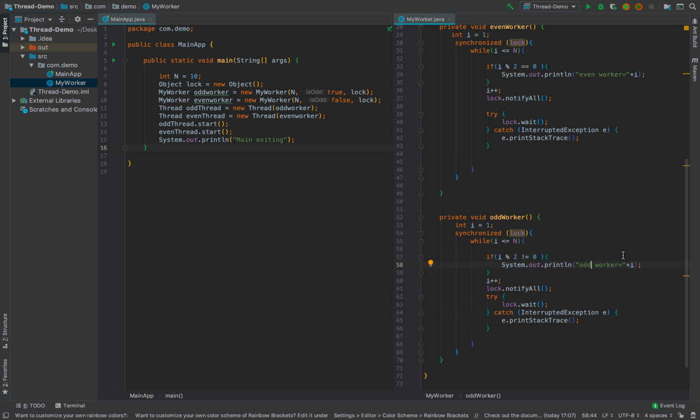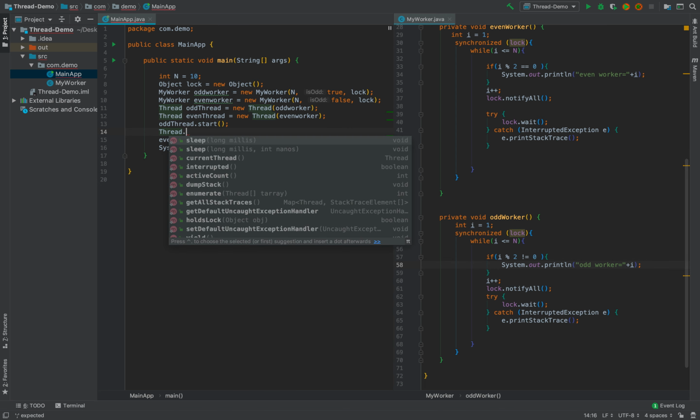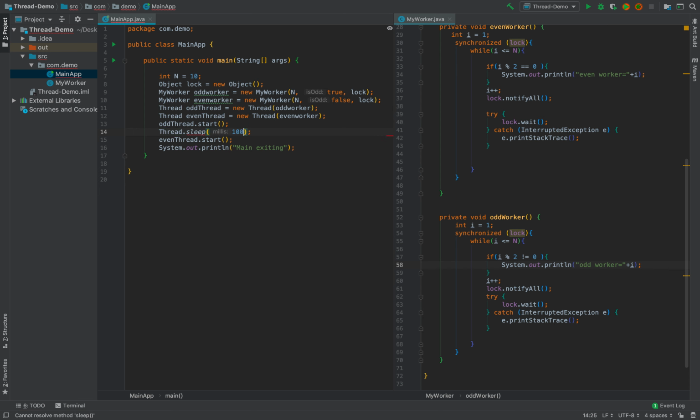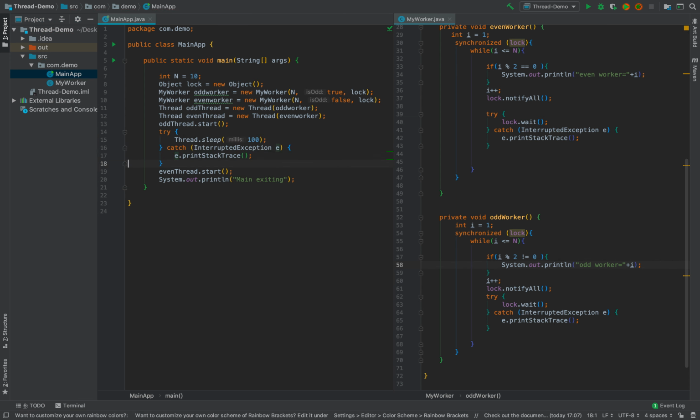And since it's an odd worker, there are two things I can do. Since I am starting the thread here, I can give a little bit of delay, because these things do not work in the same order as they are written. Since two threads will start working, you never know whether the even thread will start working before. So either I can give it here, or I can directly give it in the synchronized block the first time. Let me just try whether it works or not.